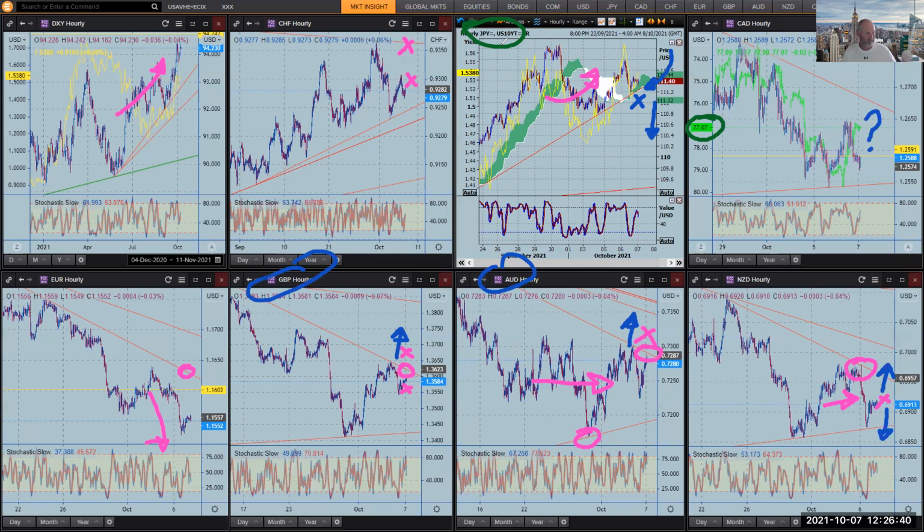Strong US numbers, even though dollar Swiss is mid-range, I like the idea of it up, and it goes with a weak euro, right? So if euro craps out, and as I said, there's no support down here, so all we need is strong US numbers. Euro should fall and keep going, right? Especially if they're really big numbers. Dollar Swiss top side,